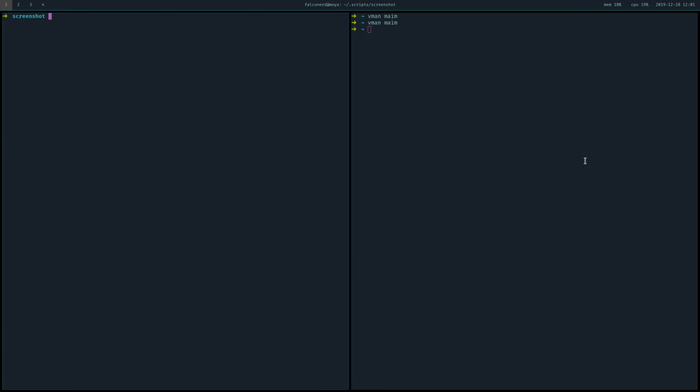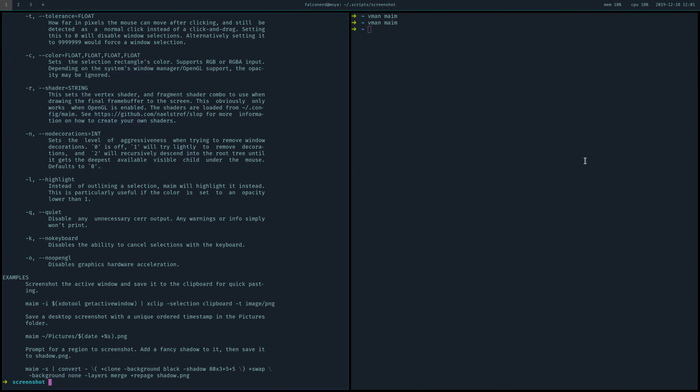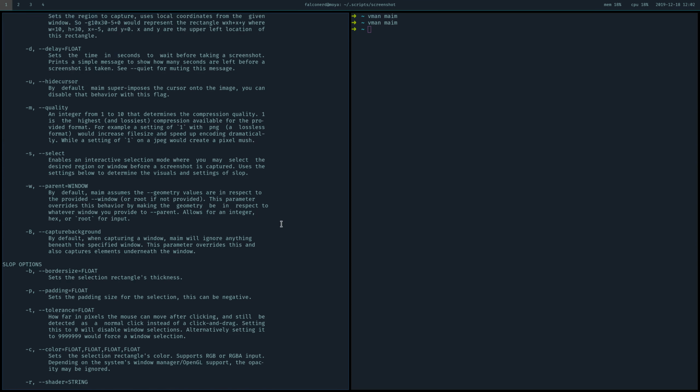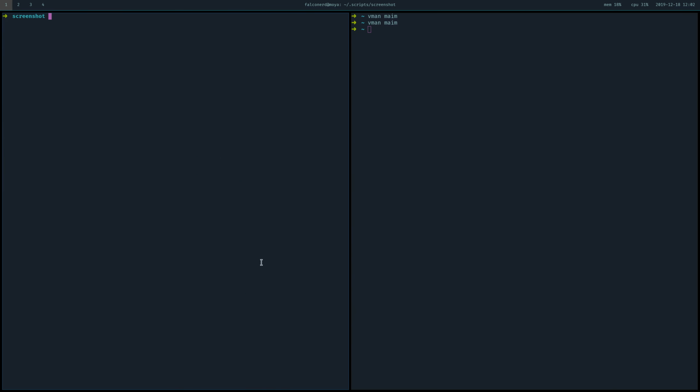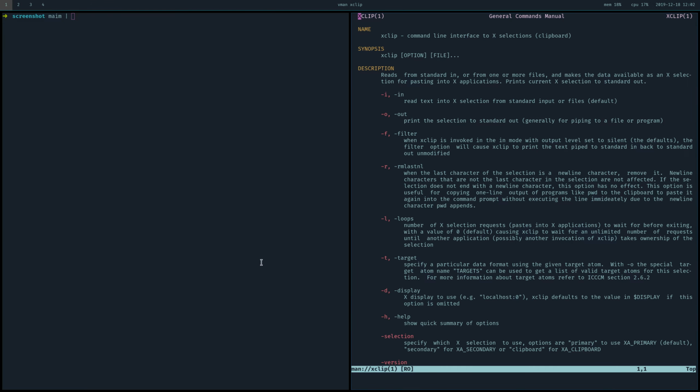So, well, if we just do maim, it actually will just print this help. So I think what we need to do is pipe it into something. So we can pipe it into xclip if you're using X. If you're using some other kind of graphics environment, I don't really know what. I'm sure there's something for Wayland, but anyway,